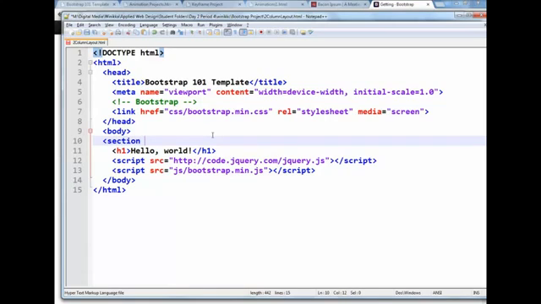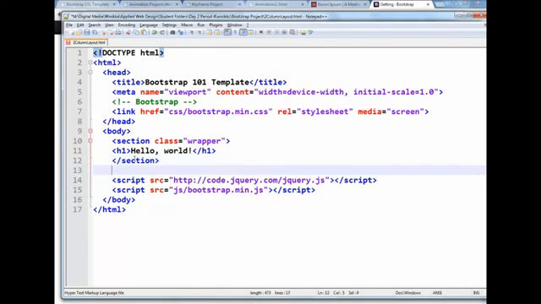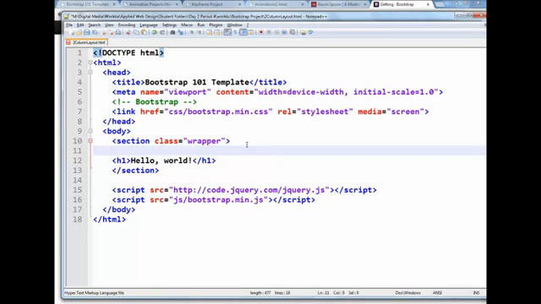I'm going to give it a section tag, and I am going to give this a class of wrapper. So all of my web page will be wrapped in this wrapper here. I don't like all that extra tab. And note how all of our JavaScript tags should be at the bottom of our HTML, the bottom of our web pages. So here we go. We got a section, class of wrapper, and then in our CSS, we can center that, set the width, and be happy about it. Our hello world is inside of basically a header, so let's go ahead and create a